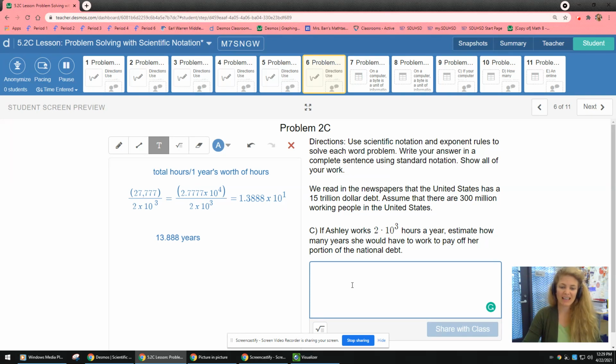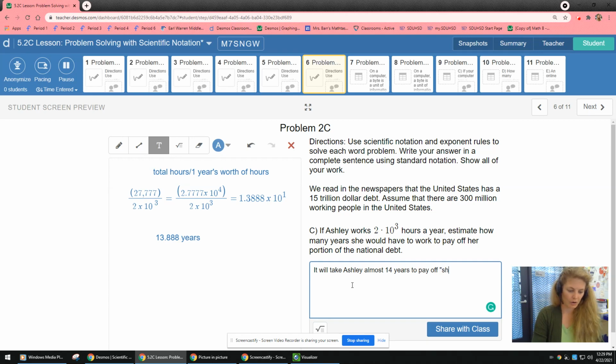Okay, so how many years would it take her to pay off her portion of the national debt? It will take Ashley almost 14 years to pay off her